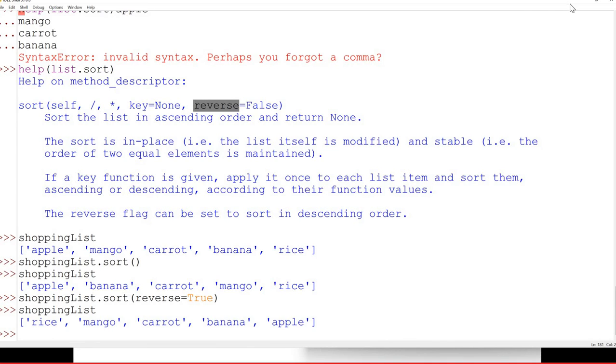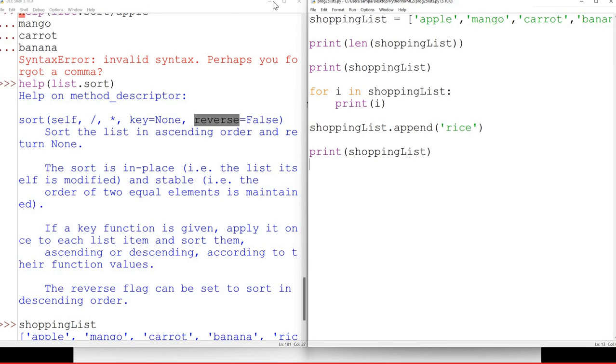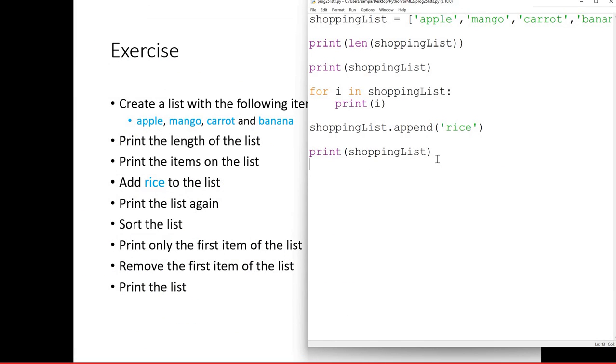So with that, if I go back to my shopping list, what I'm supposed to do is sort the list. So I can say shopping list dot sort, and then print only the first item of the list. So print shopping list with index 0, right? Remove the first